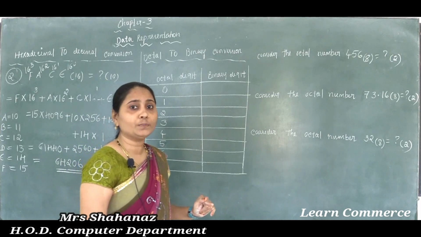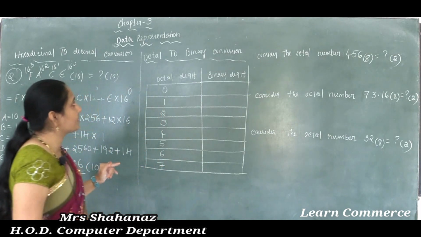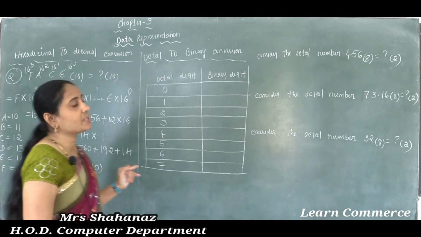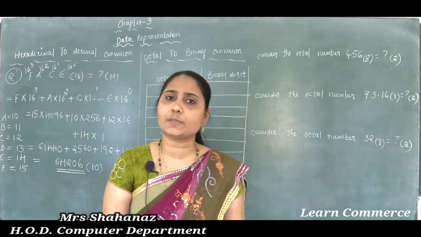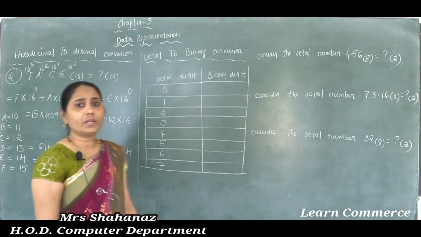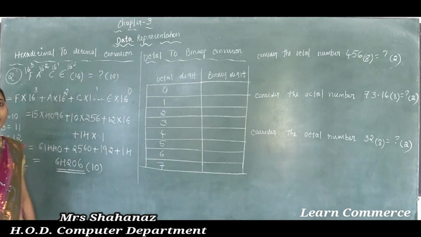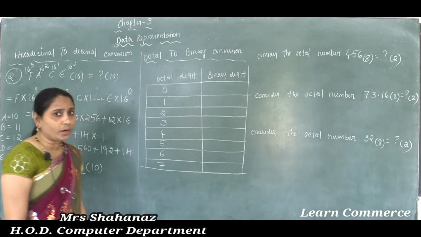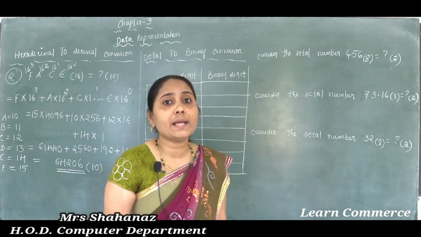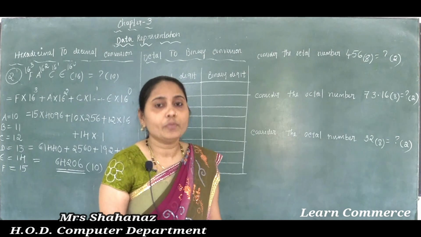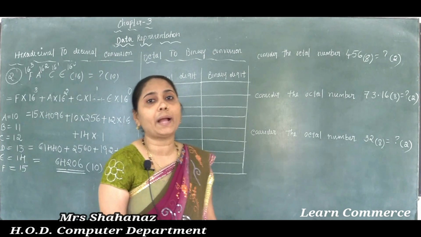Octal base value, octal base value is 8 here, and binary base value is 2. Okay, now first of all the detailed explanation. So we can say, first of all, octal to binary conversion. To convert an octal number to a binary number, replace each octal digit with the appropriate 3-bit binary number.